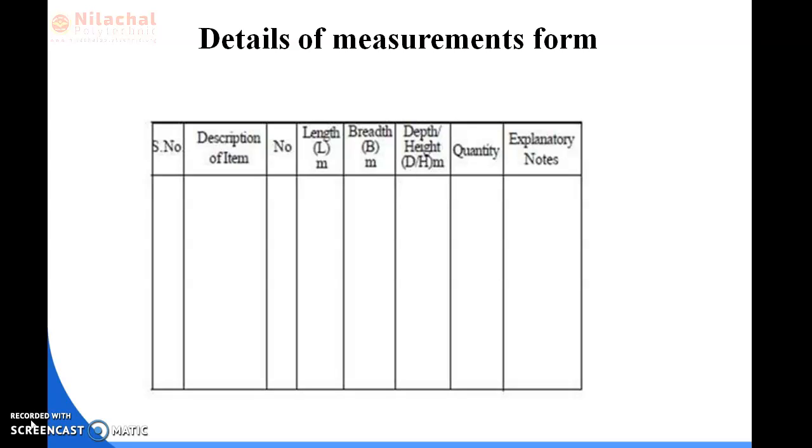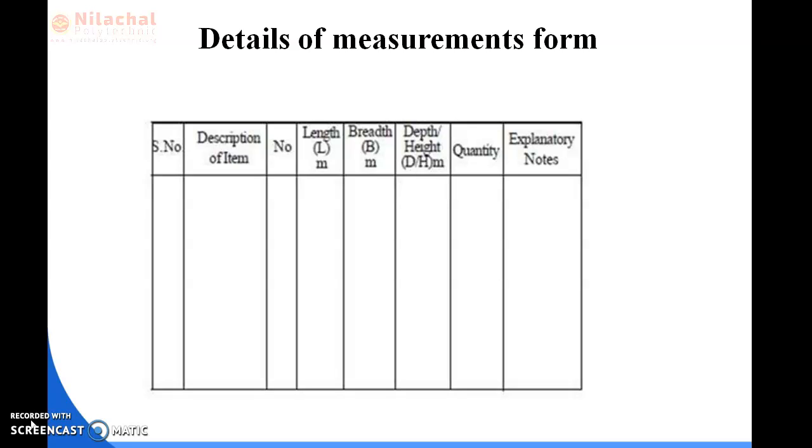In the serial number column we indicate the particular works serially 1, 2, 3, 4, then we can proceed with the number of items or particulars, then the description of the item, whichever the question gives a hint of, then for this particular item we can take its length, breadth and depth.